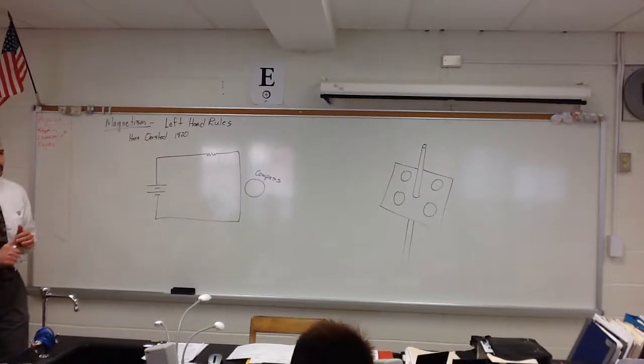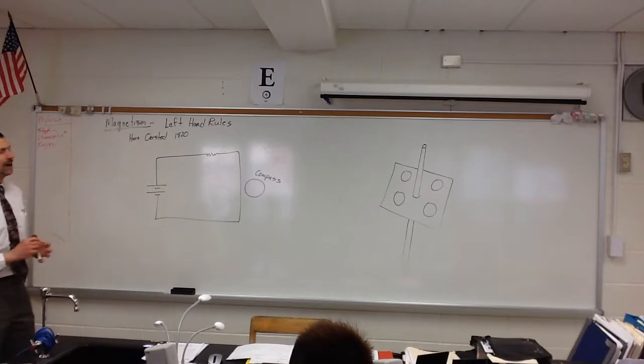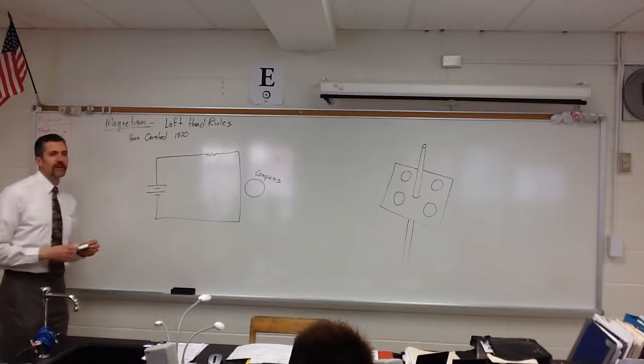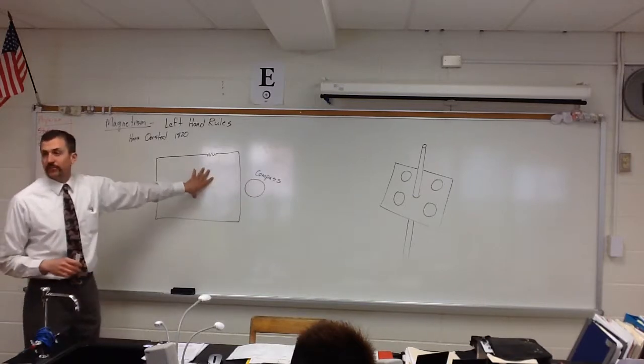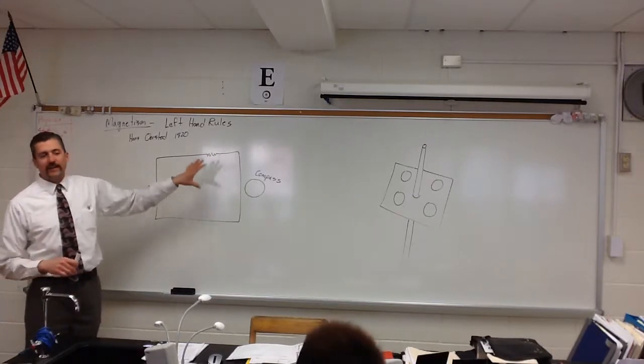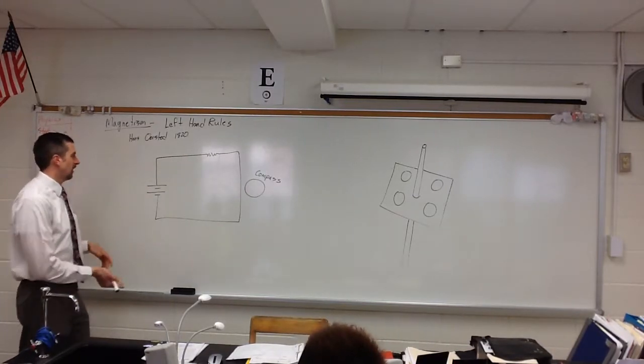McConnelly. We're going to talk about the left-hand rules of magnetism. There's a man named Hans Ørsted in 1820. He was setting up an electric circuit. I don't know exactly what he had with the electric circuit, but I've just drawn a battery